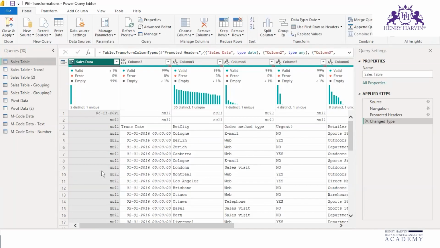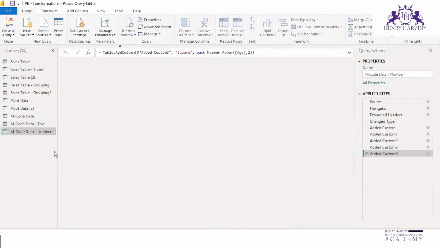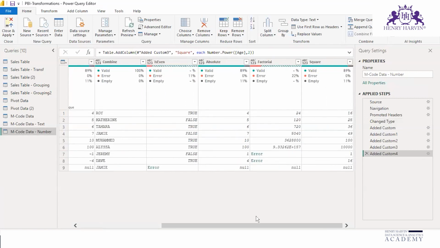Now we are doing the M transformations. In that we have completed the text M transformations. Okay, and we have also done a few of the numeric M transformations. Now let us do date